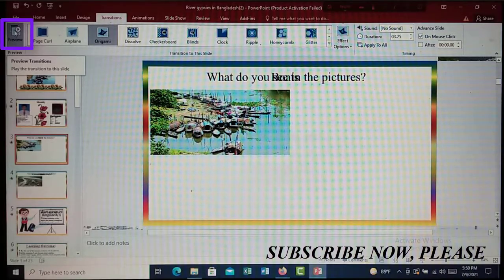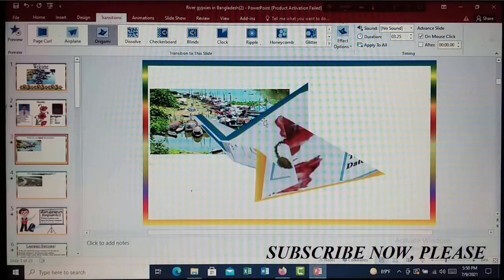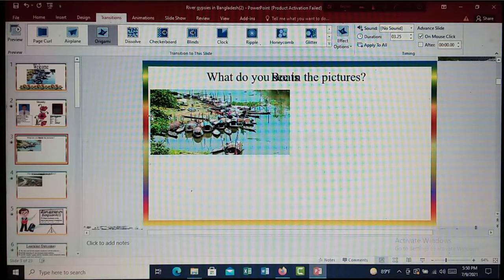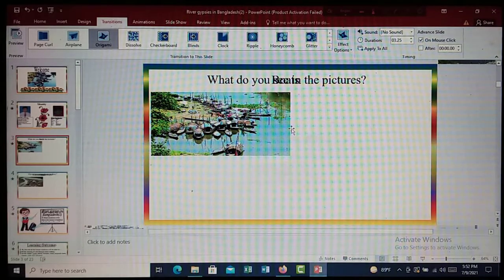Now click on preview to see the transition. See, it is moving left side. In this way you can give transitions up to last slide. See, I am giving transitions to the some slides.